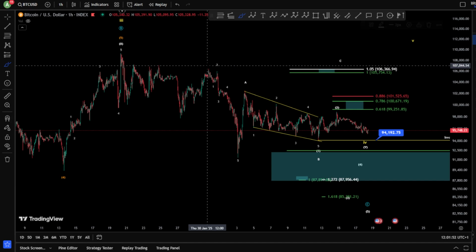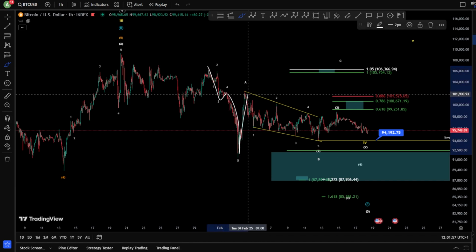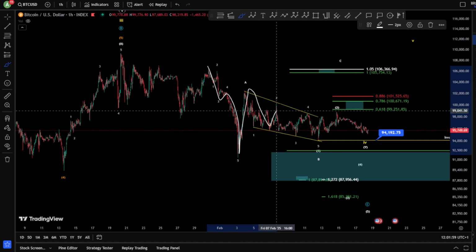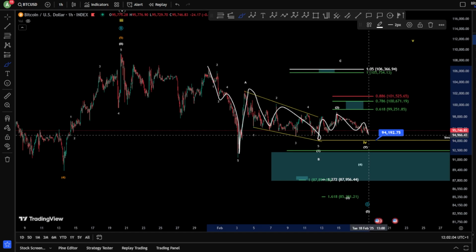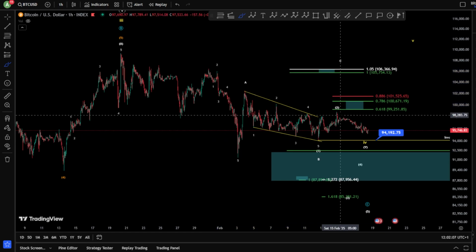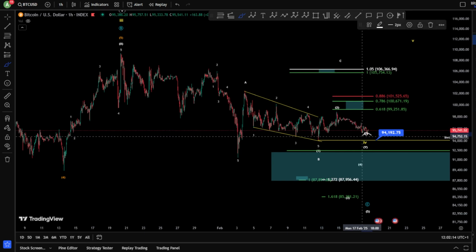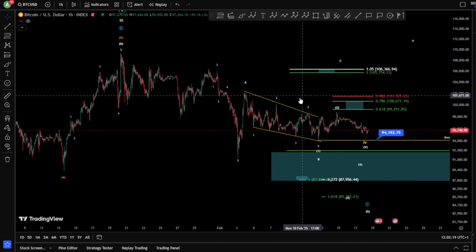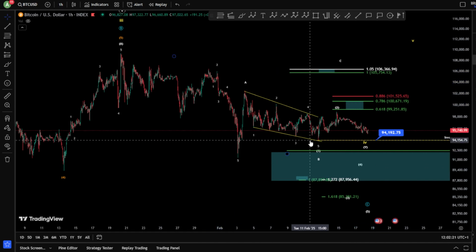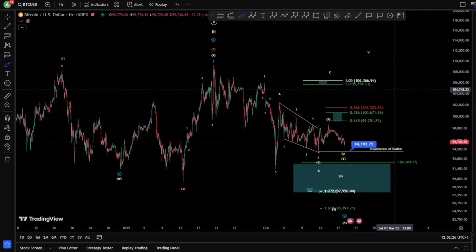And we can definitely say this can be a zigzag toward the downside, and then another zigzag for the B, another zigzag for the C, another zigzag for the D. Now, here comes the problem: you cannot really count a zigzag, but it is still possible for a wave E. We finished a triangle, a correction for a bullish pattern. So you would like to see the price action moving toward the upside impulsively.